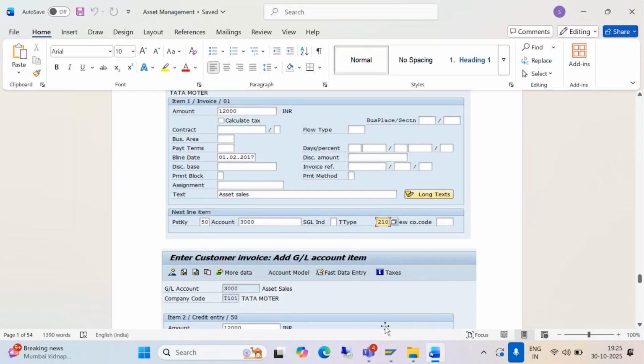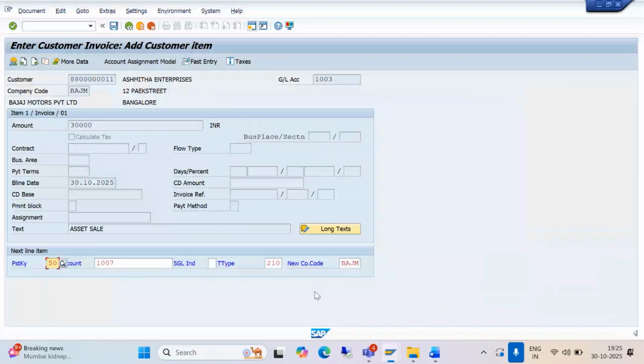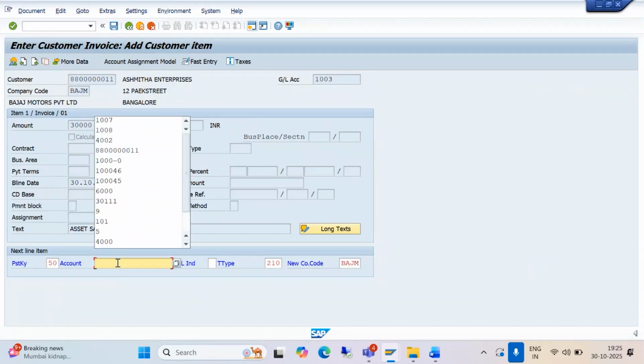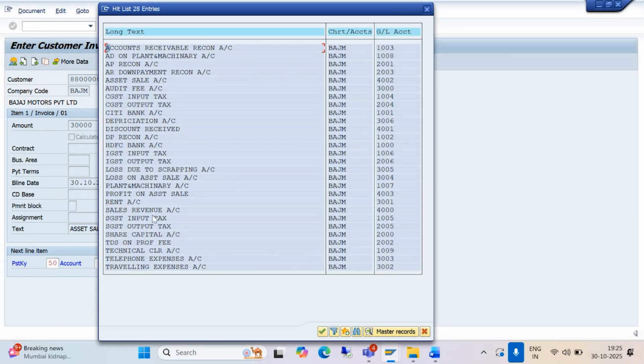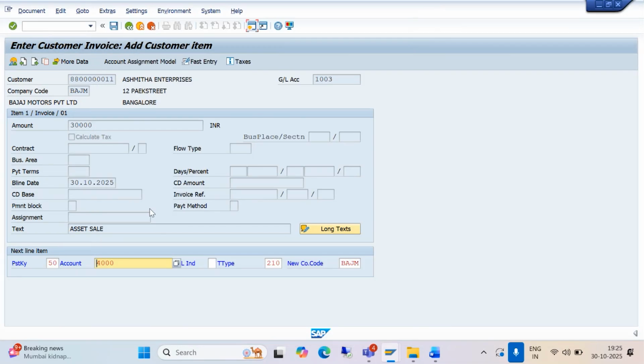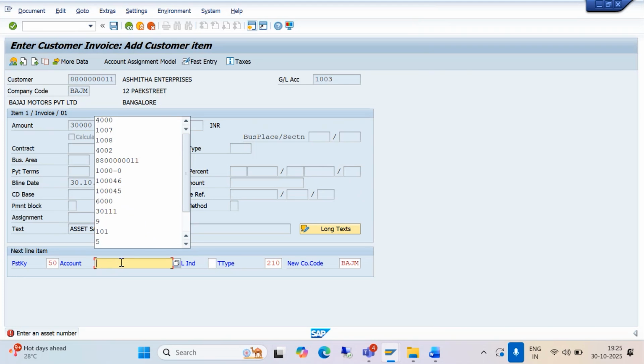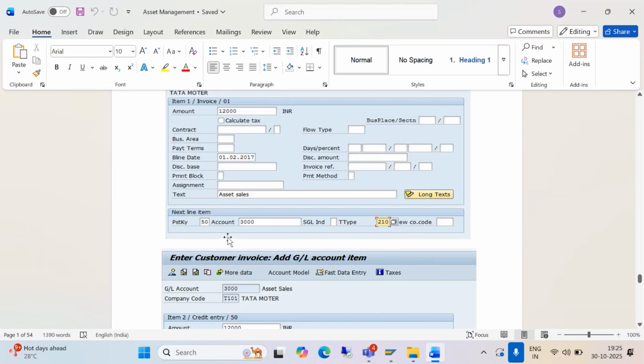Asset retirement, no. So after asset retirement, with the customer, we will be selling to the customer with the retirement price, no. So can we go for the sales revenue? It won't be a sales revenue, no. What will be the debit? What will be the credit? A bit of confusion. Debit will be the customer and credit will be, yeah,